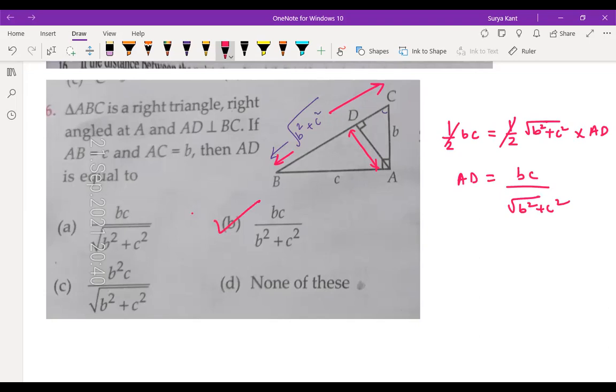Praharshan? Sir, answer is A. Answer A, not B. Yeah, correct. Answer is A. So it's very easy. Actually, this looks complicated, but it's easy. See, what we have done, this is a right angle triangle. Now I've taken half base into height. In the first case, this is the base and this is the height. In the second case, this becomes the base and this is the height. So in that way, half base into height is equal to half base into height. So AD is equal to BC divided by this one. Nice question this was.